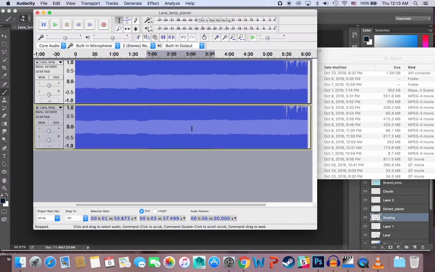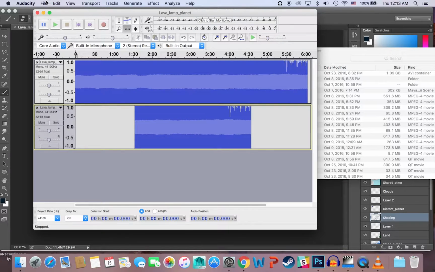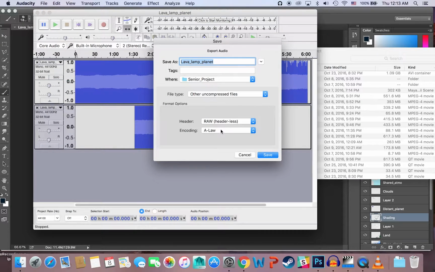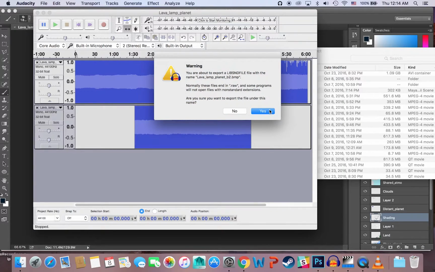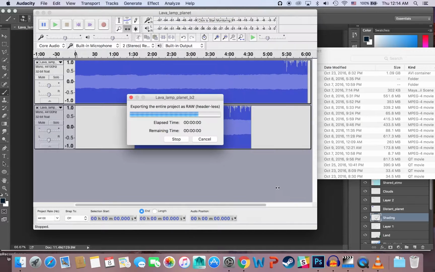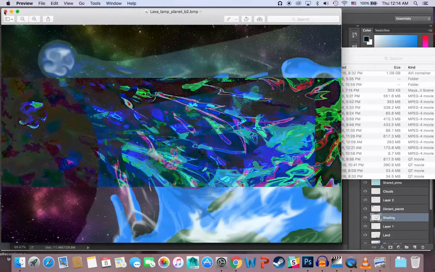Anywho, so I can just get a chunk of this second guy and move him around, and then this would be a different effect, used by mixing down tracks. So we'll say v2.bmp and save, and it's like, dude, don't do it. I'm like, I want it. Of course I know that the mono track will be exported into a single file, and now we should have a result. Right, that's